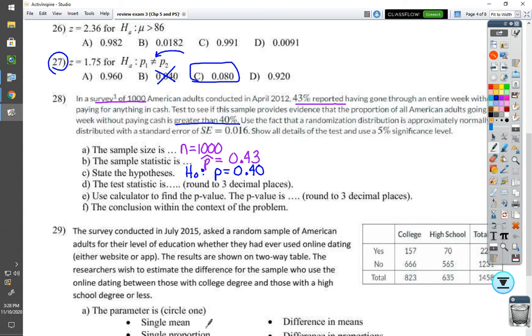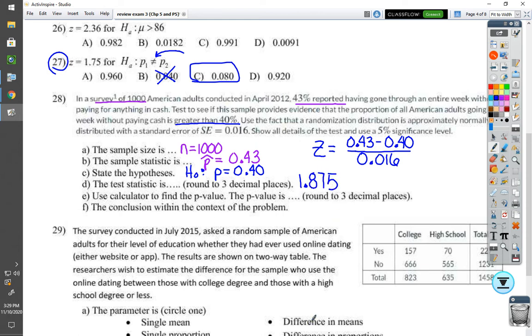Find the test statistic. Well, the Z value calculation says to take the stat, 0.43, subtract the null, 0.4, divide by the standard error, which was given to be 0.16. Do those calculations and you will get